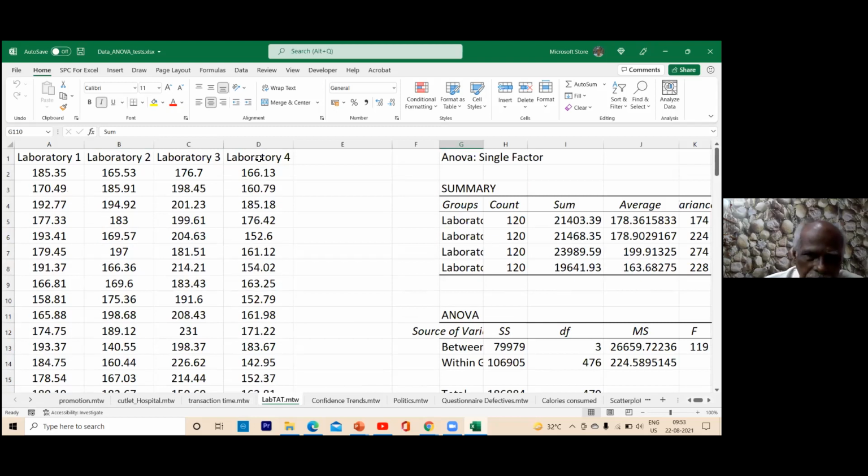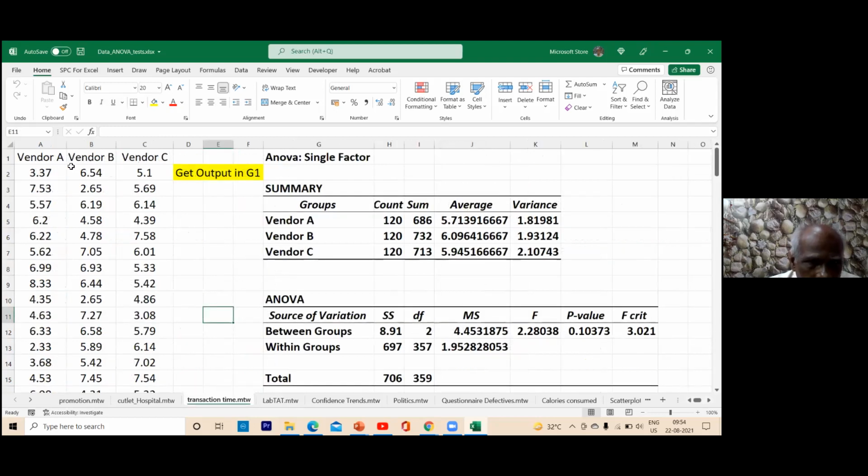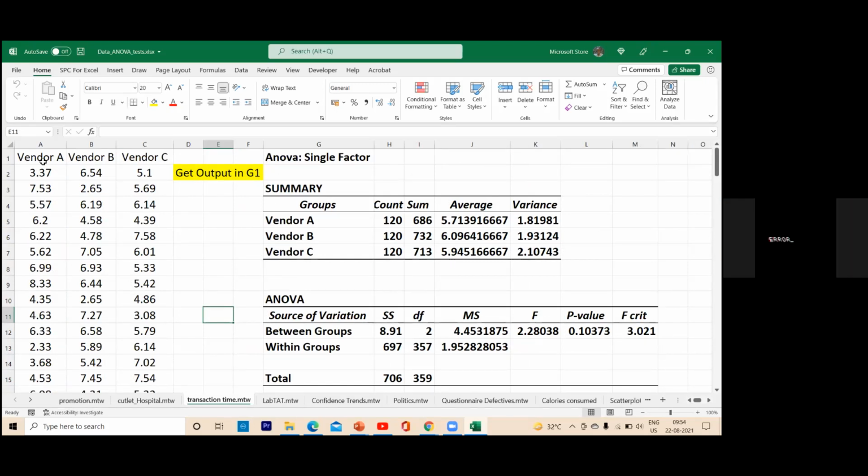That is, once the person comes and is tested and the report is given to you, what is the time taken between the date of joining for test and the date the report is dispatched to the patient? That is the time here. So what will we do? We will do laboratory or transaction time? Transaction time.